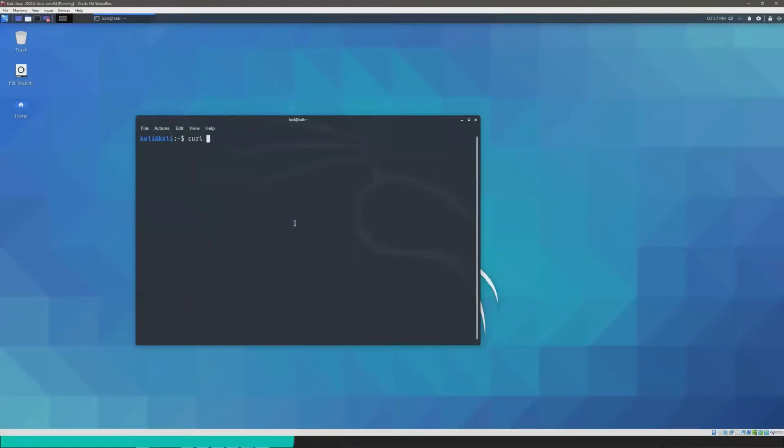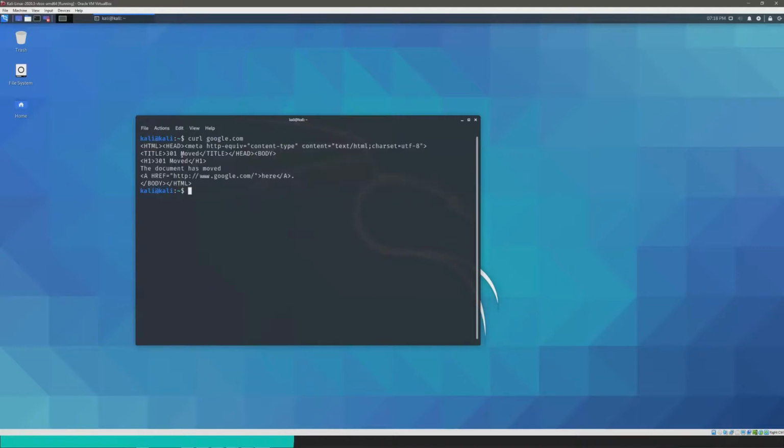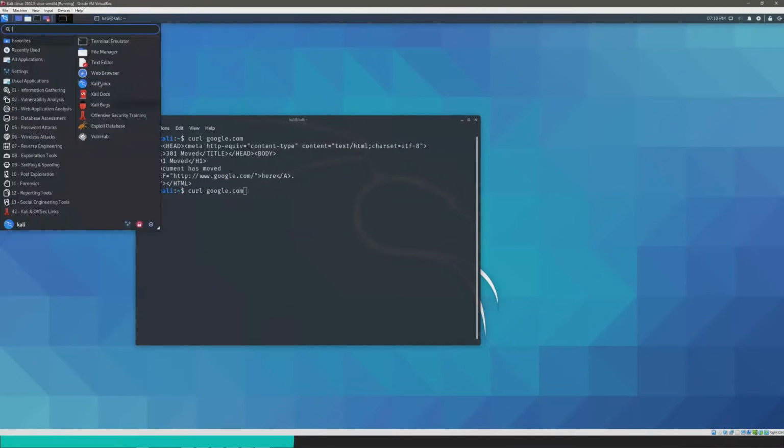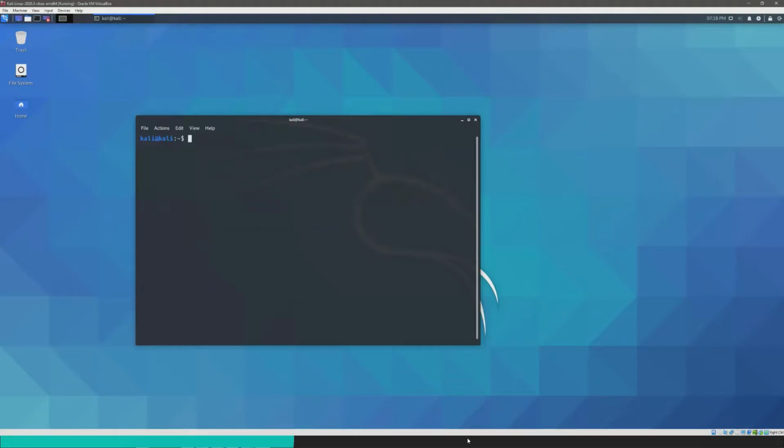So if I do curl google.com, ideally it would give you the HTML of google.com, but it gives me a 301 instead as an HTML file. So it doesn't work on a lot of websites to just retrieve the HTML of their website. How did I open the browser? Oh, I just went to the top left and then clicked on a web browser. Yeah. So on other websites, they probably would give you the full HTML of that particular website, but Google's not letting us for some reason. Don't know why.